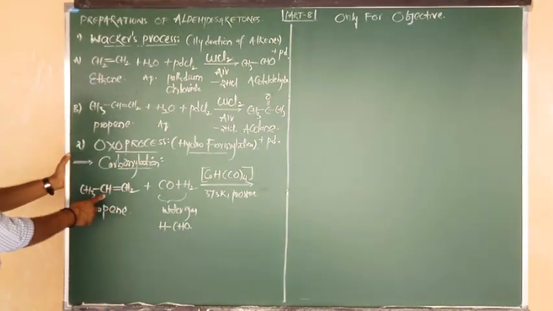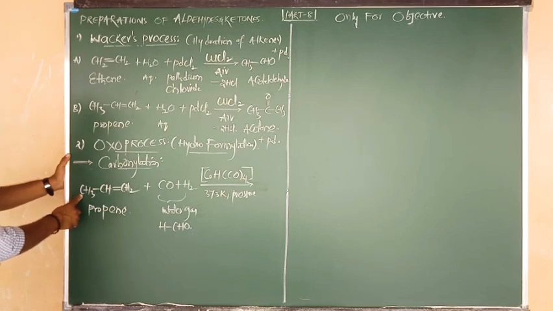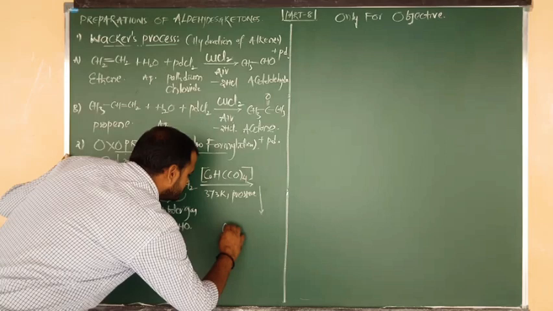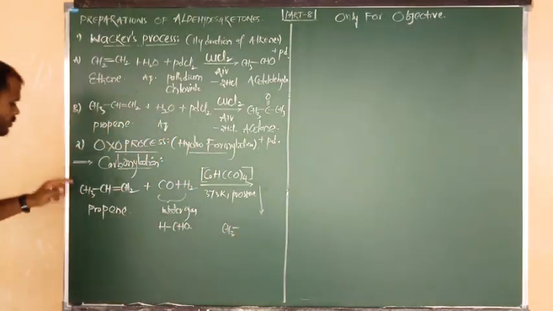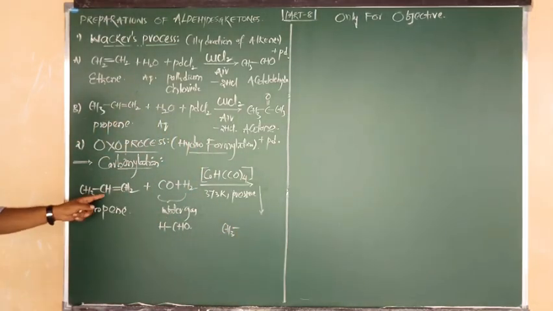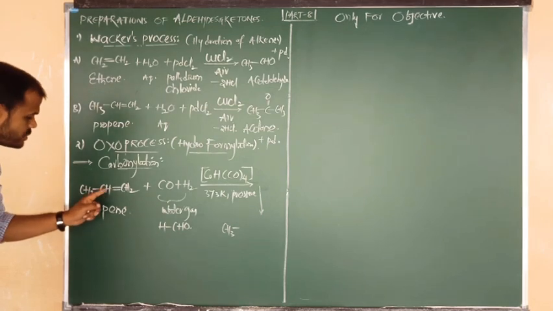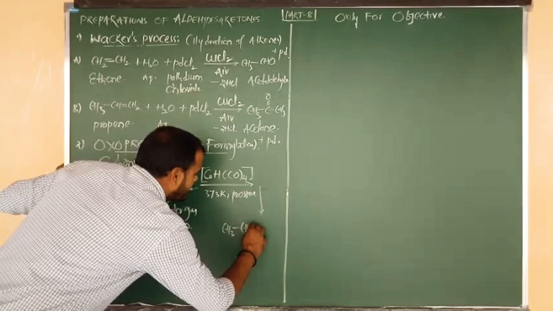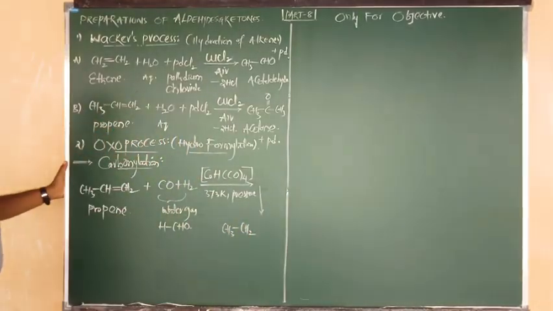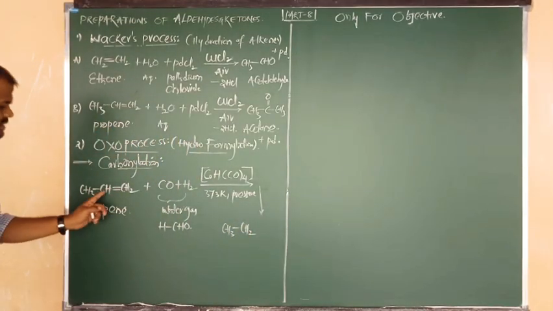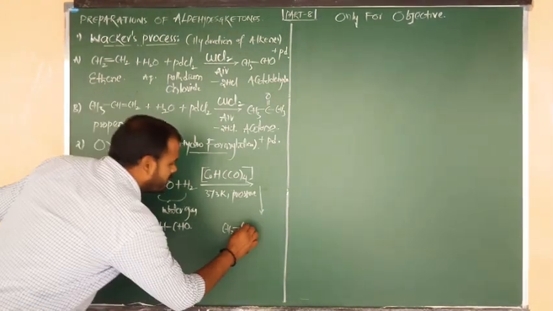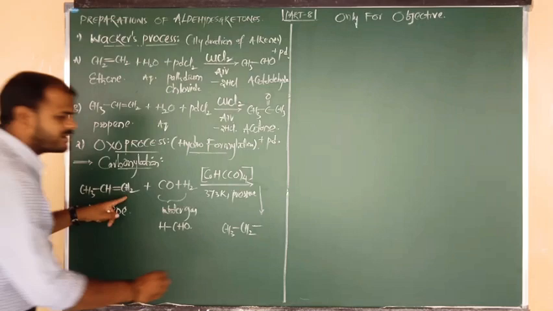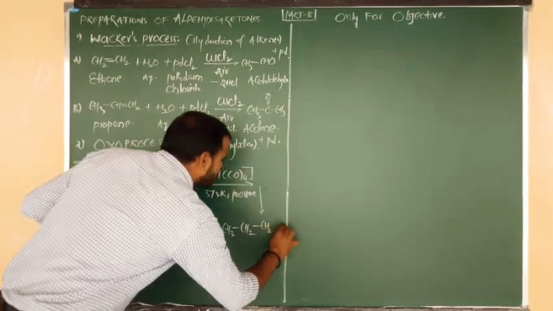So H is given to the central carbon. Already here what group is there? CH3 is there. Yes, I am going to write the product here. CH3 group as it is I am going to write. Next, what is here? CH is there. So to that CH we have to attack the H atom. So it becomes CH2. After the attacking of hydrogen upon the second carbon, the double bond becomes a single bond. Next, what group is there? Here we have to write the CH2 group as it is.